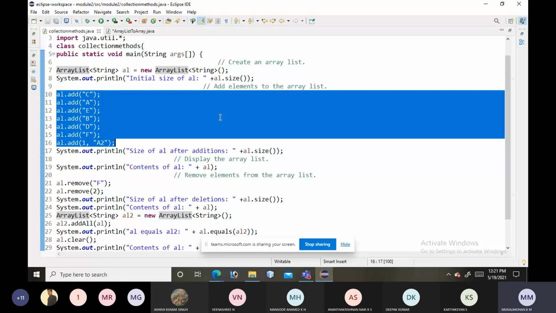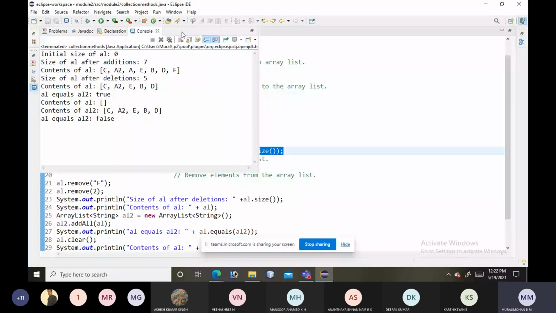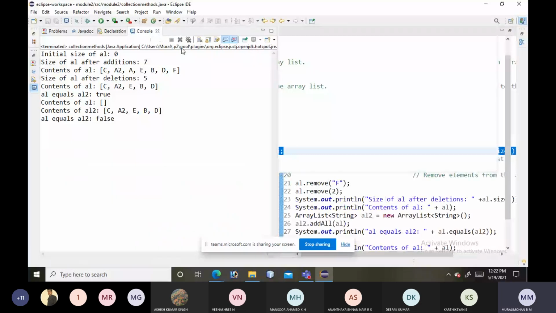Now, again if I check the size, what are we getting here? We are getting the size as 7.